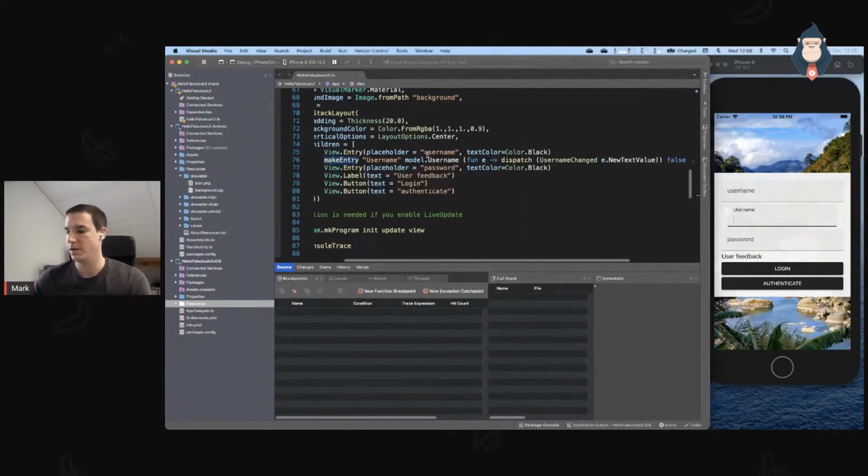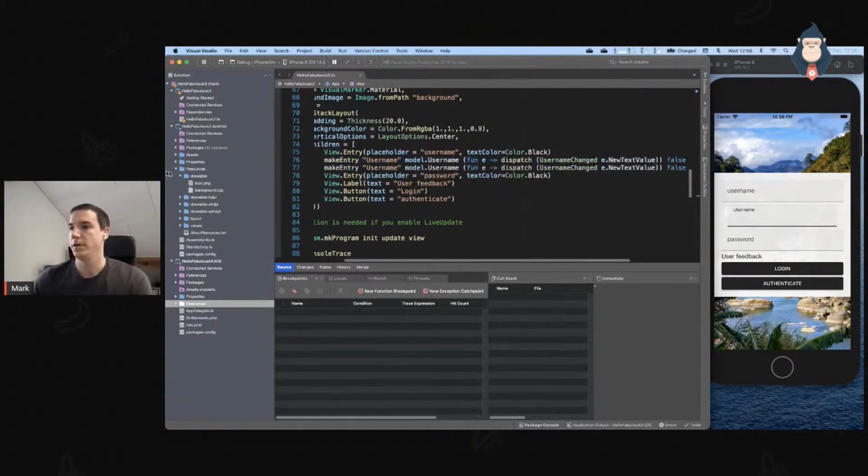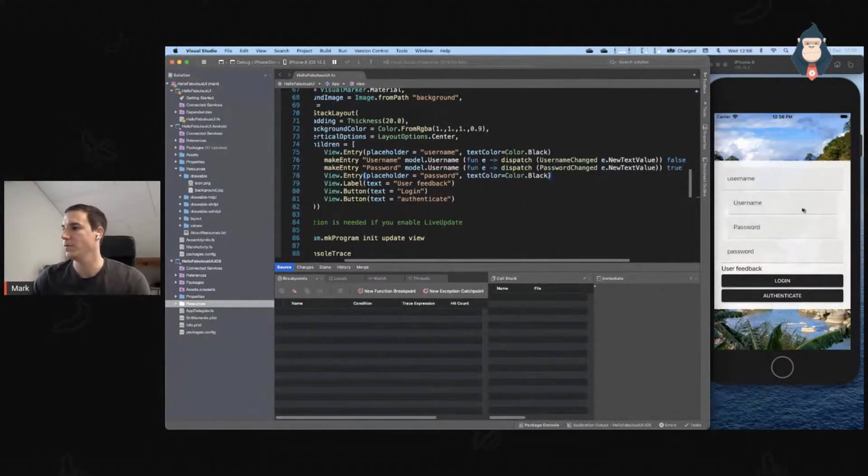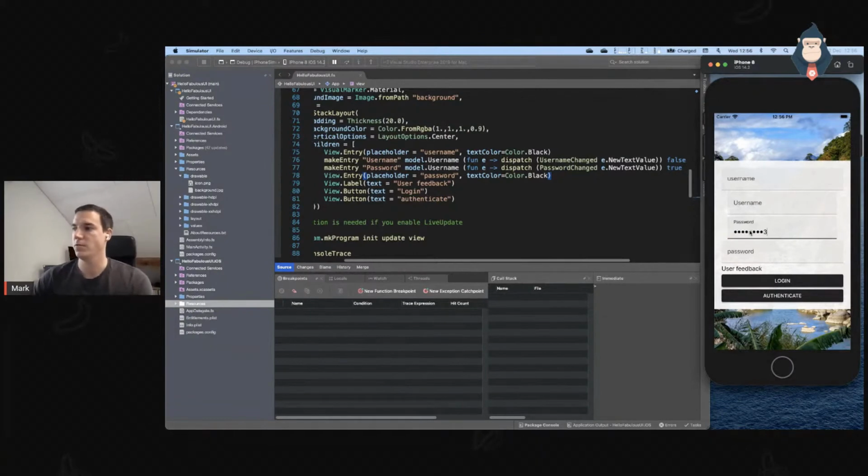So if I now go ahead and copy this line, I will now go in and say, okay, now I want this to be the password, and I can say, hey, this is not when the username has changed, but when the password has changed. And of course, I want this to be true because I no longer want people peeking at me while I'm entering my password, and it's here. So if I now enter in here and I say, secret 123, we can see it's hidden away. This is what we expected. We reused a lot of the code, so the styling is the same.